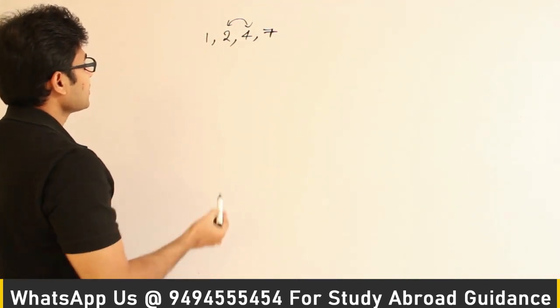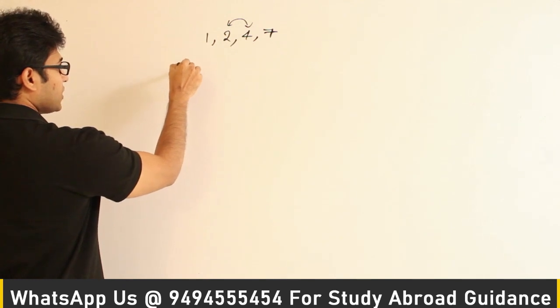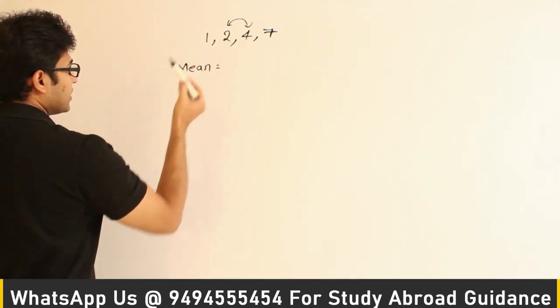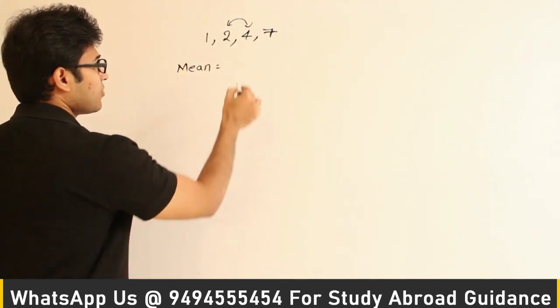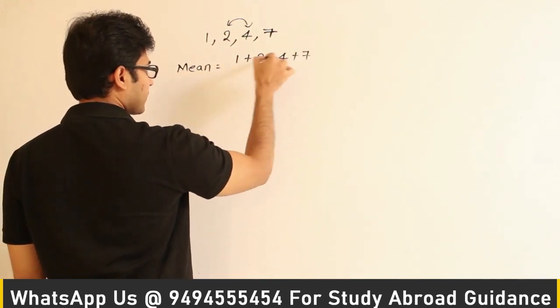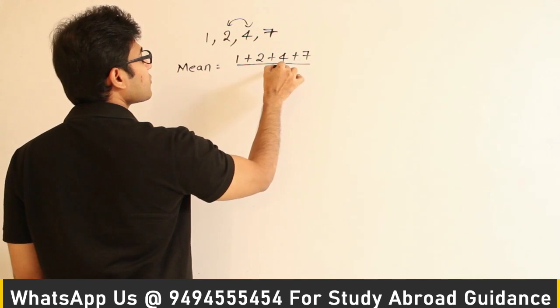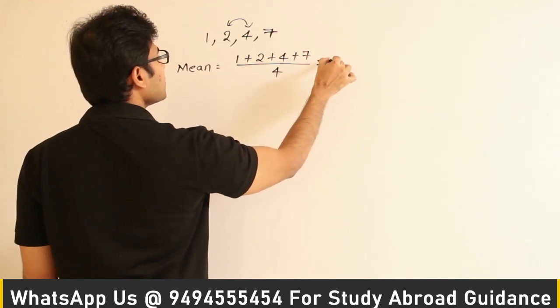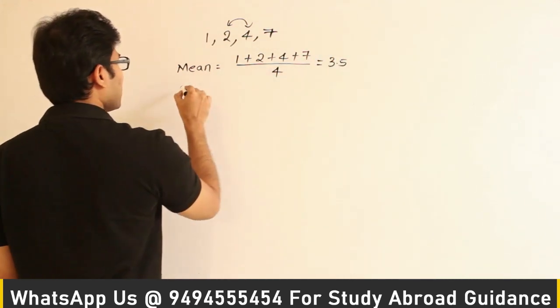So what we should do is let's find out everything. One is the mean. The mean is going to be, you have to add them all, 1 plus 2 plus 4 plus 7, and divide by the number 4. So it is going to be 3.5. And coming to